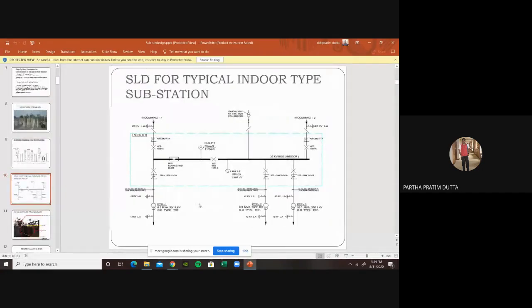Now I am putting up a single line diagram (SLD) for the indoor type substation. Nowadays, we don't have much independence to choose the land, so we have to go for the indoor type substation, where the entire 33 kV system should come in one box: the CT, VCB, bus PT, and 2 incoming with the bus bar, as well as the CT VCB part with the bus PT. Everything should be indoor and in one box.